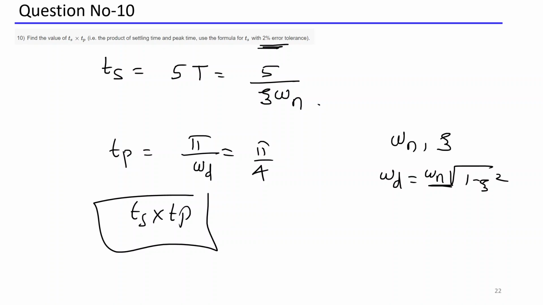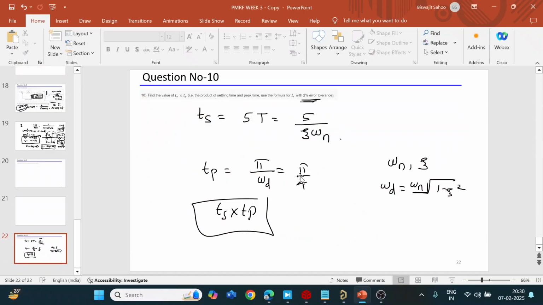I cannot complete all the questions here, but better you go to the classes and try to solve as many as possible numerically and apply concepts. Make a diagram, find out omega and find out the pole location. From the pole location you find out all these parameters. Don't use any formula. Okay, I'm just stopping here for today, we'll meet in the next class. If any doubt,